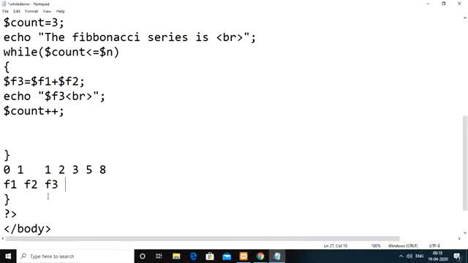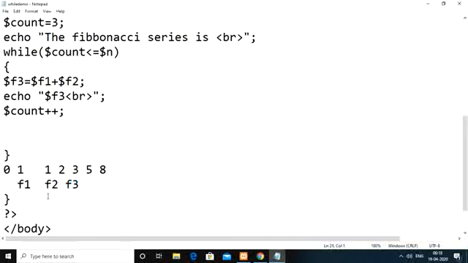To find the next term, this should become f3, this should become f2, and this should become f1. Whatever the second term is, we take as the first term. Whatever new term you find, we take as the current second term, and the next term you want to find is f3.